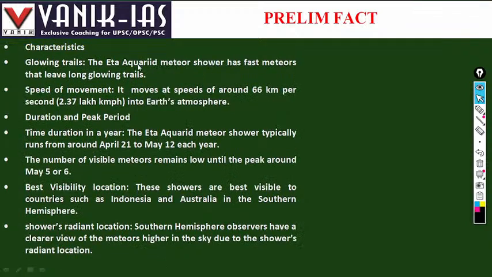Glowing tails: the Eta Aquarid meteors are fast meteors and leave long glowing tails. Speed of movement: it moves at a speed of around 66 km per second into Earth's atmosphere. Duration and peak period: the Eta Aquarid meteor shower typically runs from around April 21 to May 12 each year. The number of visible meteors remains low until the peak around